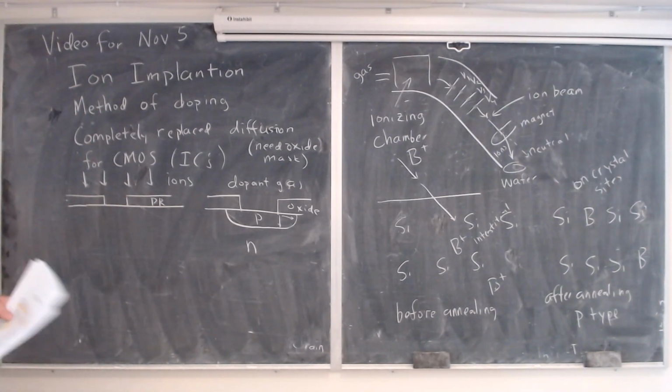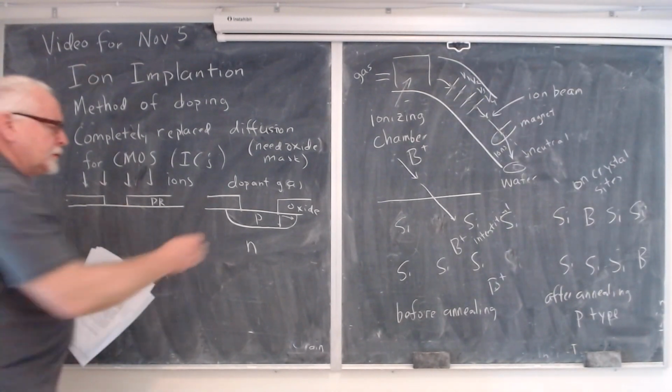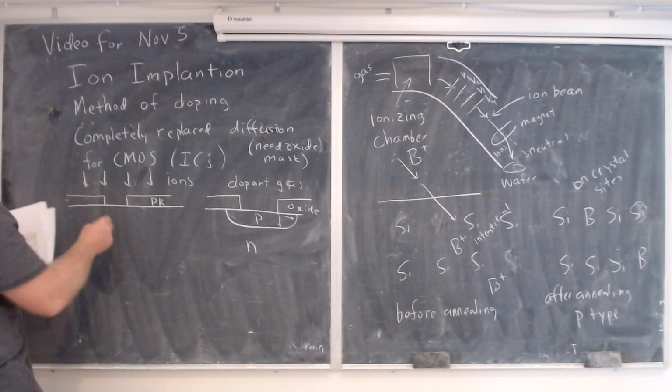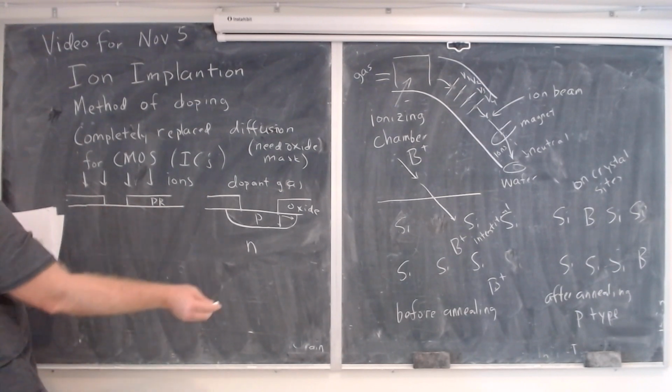Which makes sense, right? You're diffusing it. Most of the time diffusion is isotropic, meaning it goes in both directions equally. Whereas for ion implantation, naturally you can see, even after the annealing